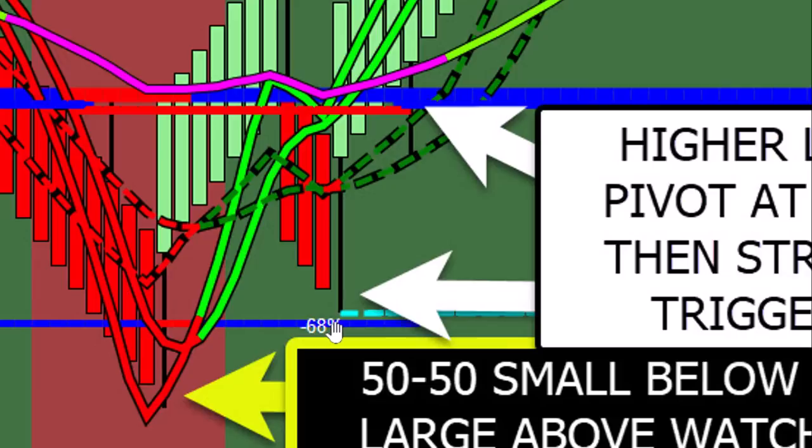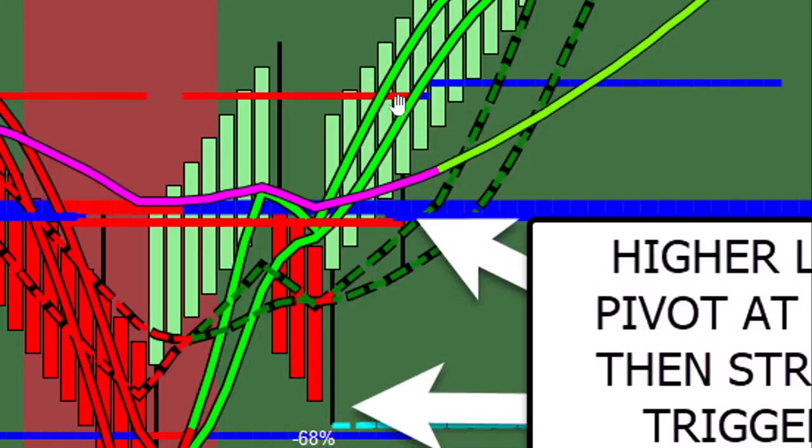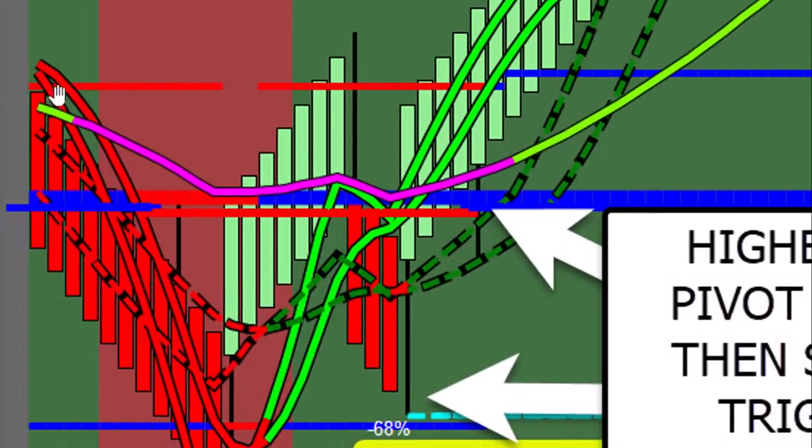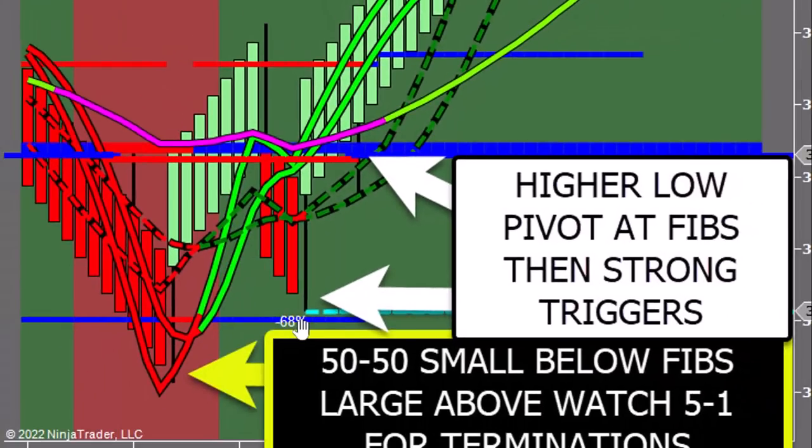Not only because of the divergence, not only because of the fib, but you're also going to have the trigger line configuration in your head as well. So when you have a strong small versus large trigger, you're going to be able to take that trade a lot easier and not worry about this little red fib here. This red fib was great, but over here, when you have a good bottom and higher divergence pivots with the triggers above,